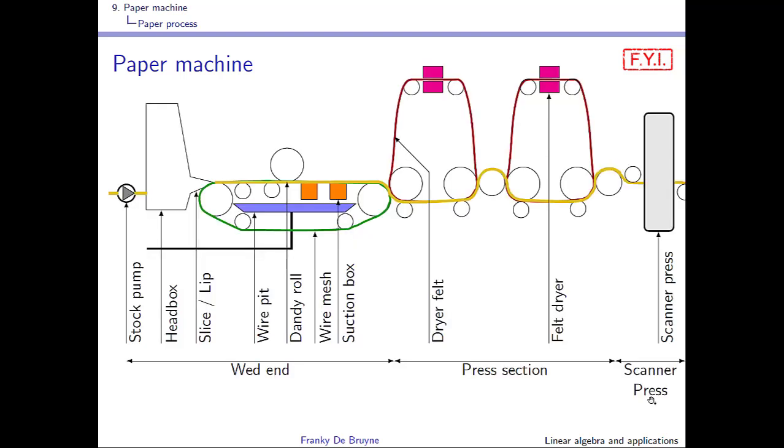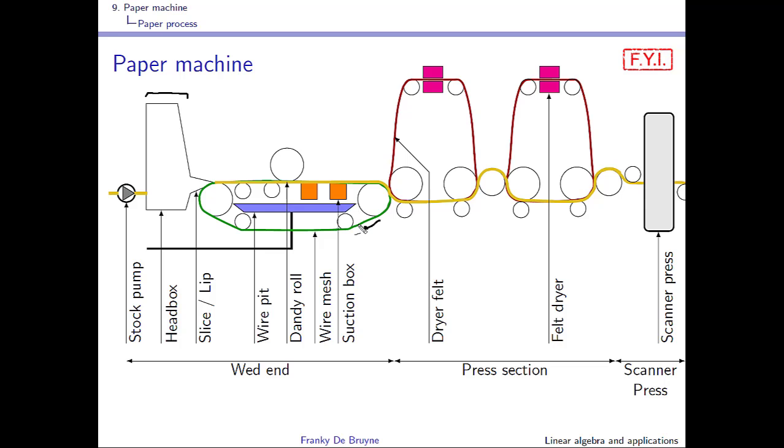Then the stock is pumped from the machine chest to the head box that you see over here. Okay, and the purpose of the head box is to deliver the stock through a lip, so that you have a jet that is formed over here and that falls on the wire. So this wire is in green over here, and in yellow brown you have the paper web. So the paper web is formed because the water goes through the wire by gravitation,